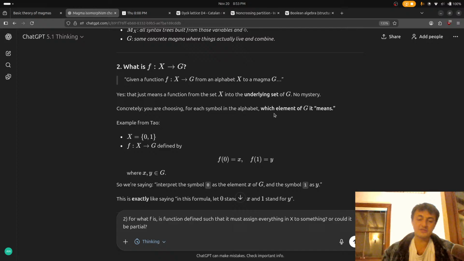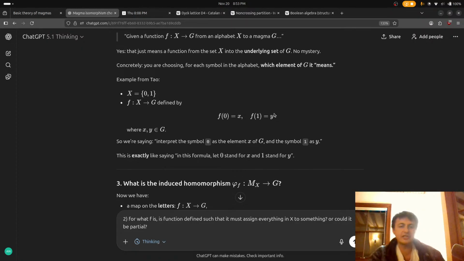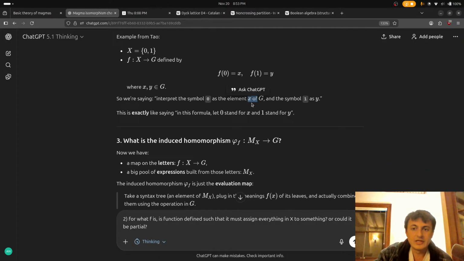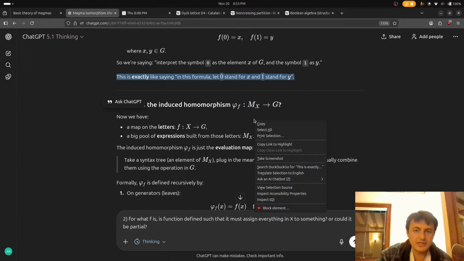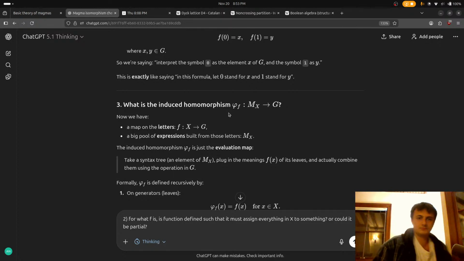I mean, obviously F works out fine, and I guess it doesn't even matter. But I'm just trying to get a feel for what the induced homomorphism is going to look like. But it is literally just a rewrite, it seems. What is the induced homomorphism?